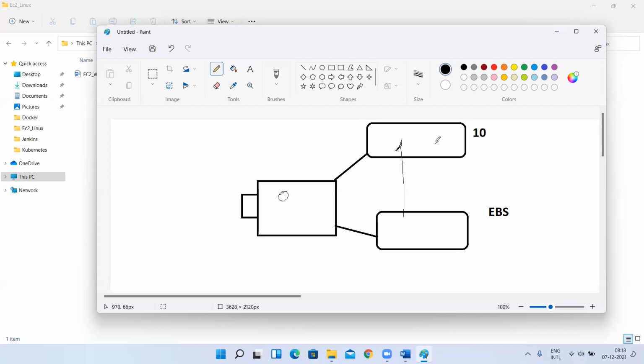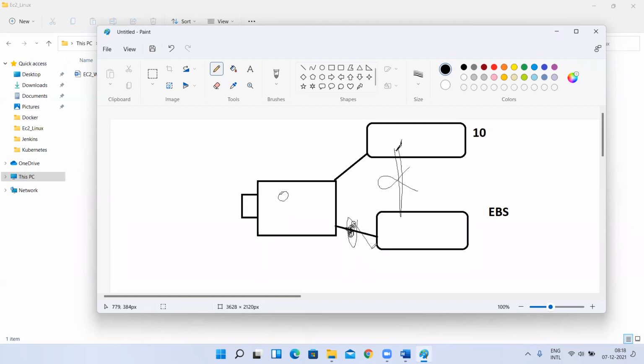I'll show you this next. Fine, I created a volume, a file system, a mount point, everything. Now I don't want to use this volume with this instance. What you can do is disassociate it, meaning detach it. First you have to unmount it, meaning remove the mount point, and then detach it.